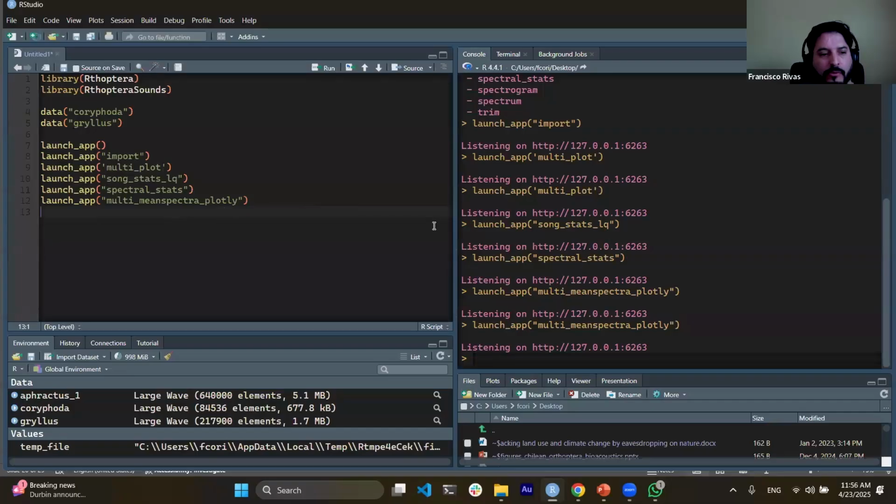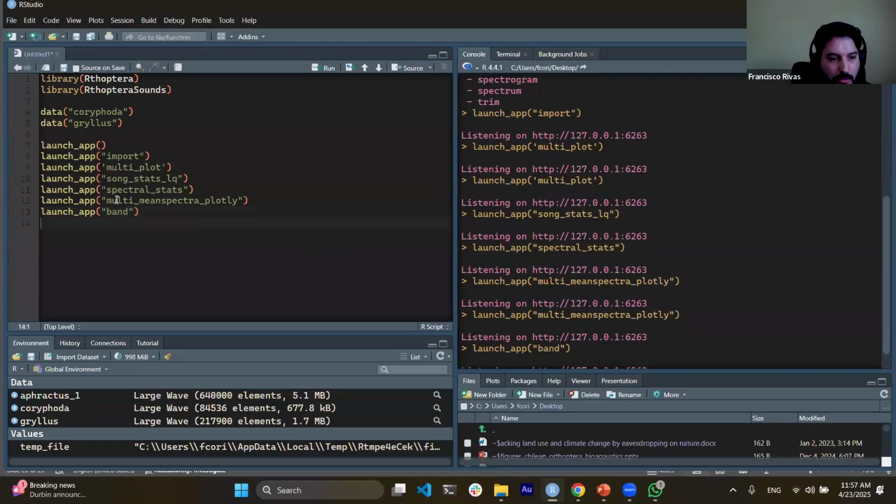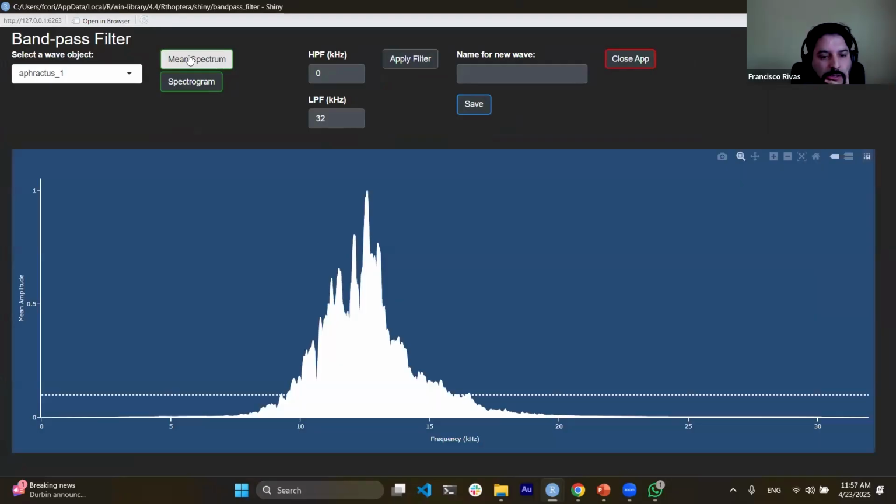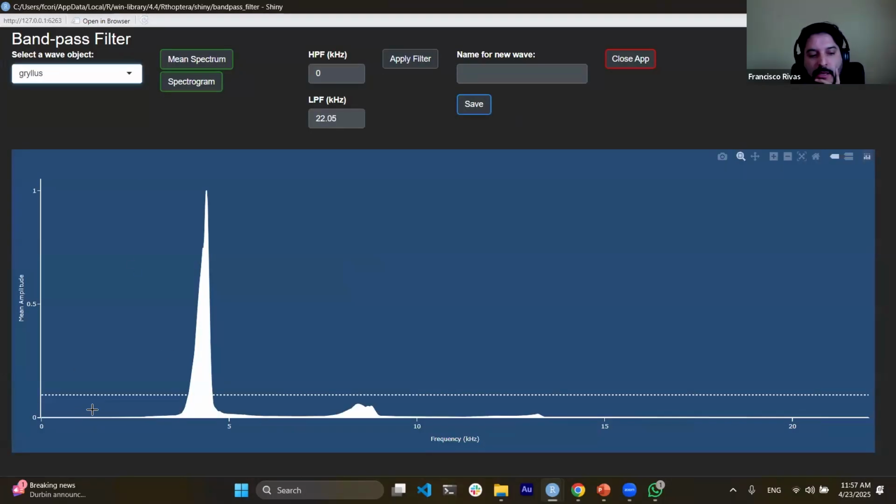We can also do some editing here. I wrapped some functions from other packages, like seewave, to edit the waves interactively. So for example, bandpass filter, you can do a bandpass filter here. Let's see. Well, this is clean. Maybe this one. Well, anyway,